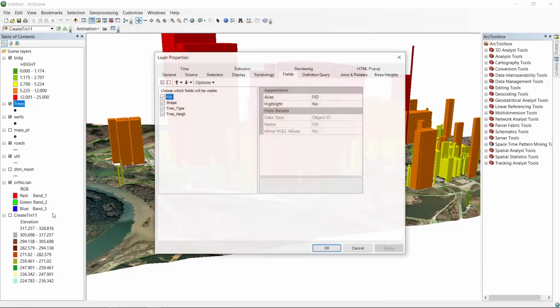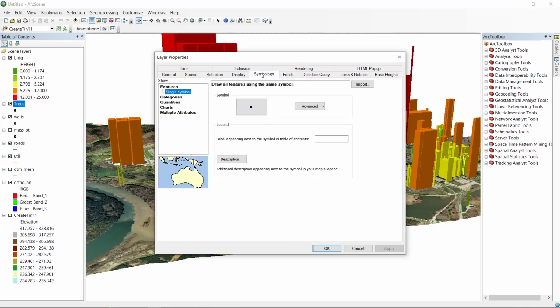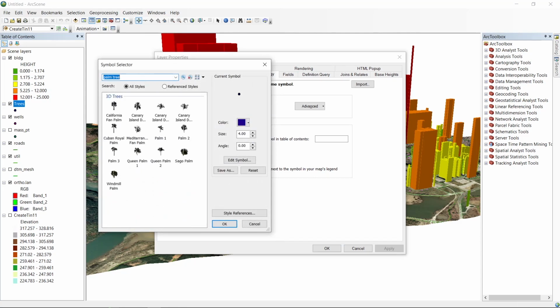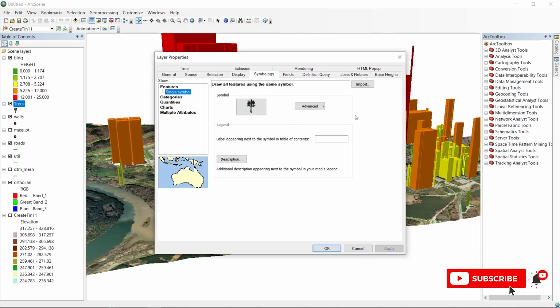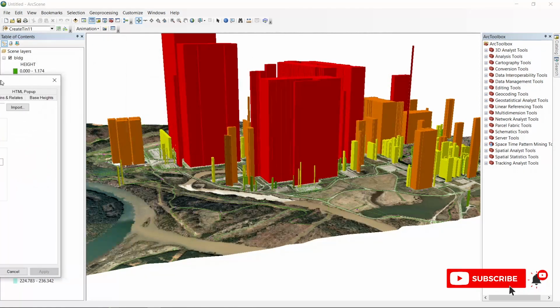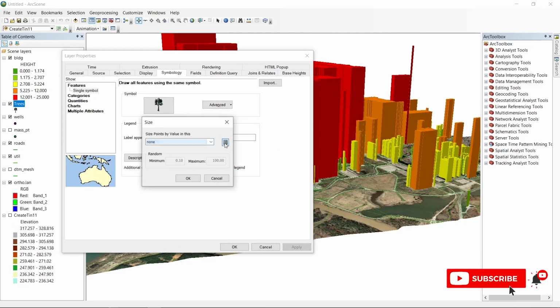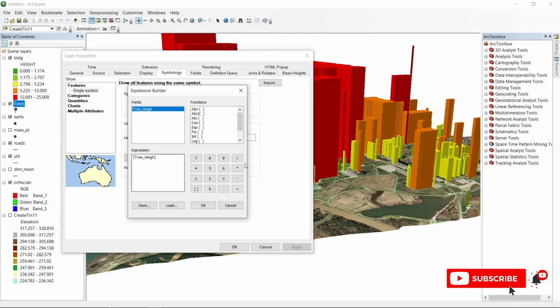So I'm going to properties, go to symbology, and I'm going to change the symbol. So palm tree, California palm tree. Okay, I will apply this. See, I can't even see this size. Here also I can set the tree height multiplied by 10 maybe.